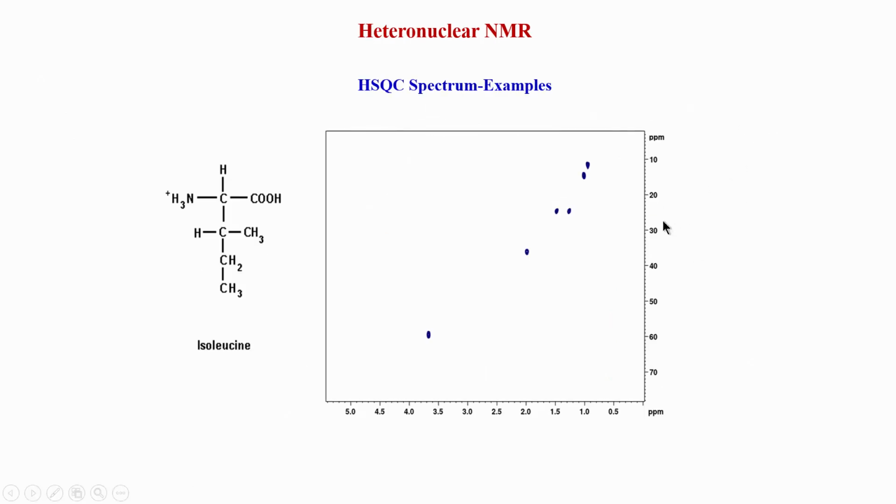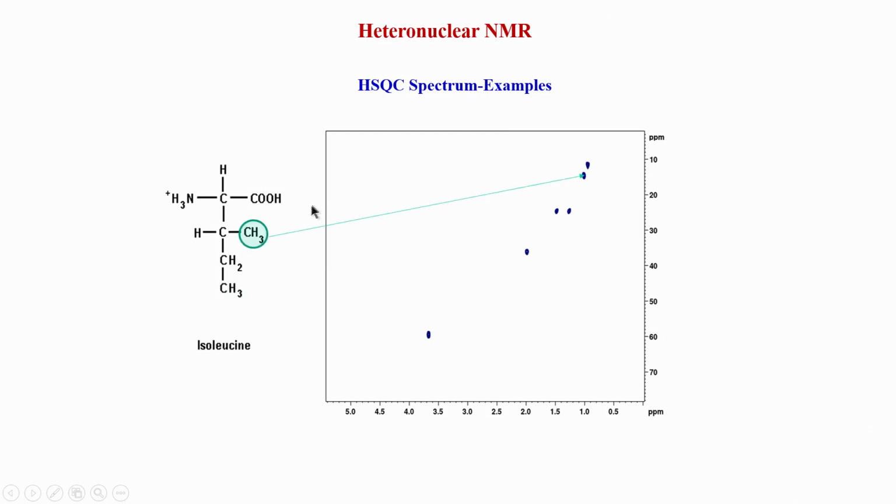So, let us look at some more examples. This is isoleucine, and you can see in isoleucine again we have different carbon proton pairs, and let us see which ones we see. So, the methyl group, this is called the delta, because you can start from here alpha, beta, gamma, delta. So, the delta proton and carbon of isoleucine are most upfield shifted, and why is this so? Because they are very hydrophobic and shielded from all the other functional groups. So, they are the most upfield shifted.